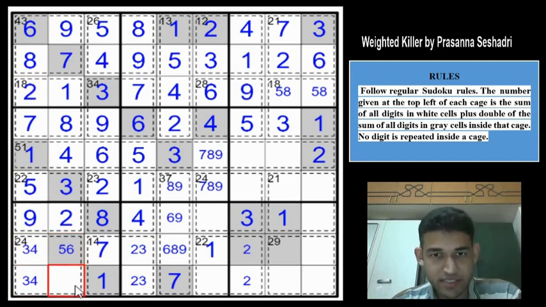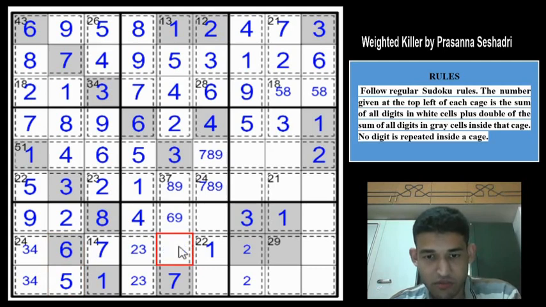So this will be 5, 6. And this is also a sitting duck now. 3 plus 4 is 7, and we need 17 more from these cells, right? And the only possible way to satisfy is by placing the 6 here, because if you place a 5, we are going to fall short. So this is a 6, this is a 5, and this cannot be a 6 now, so this will be 8 and 9, and which means we can place the 6 in that case. So this is a 6, 1 3 4 6 2 8 9, so this 5 and 7 is here, so this is a 5 and this is a 7,